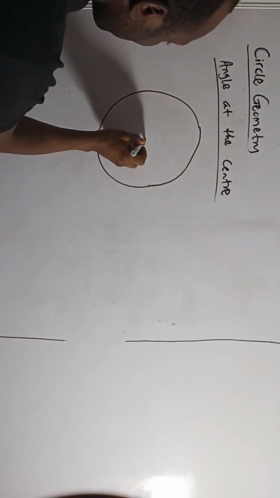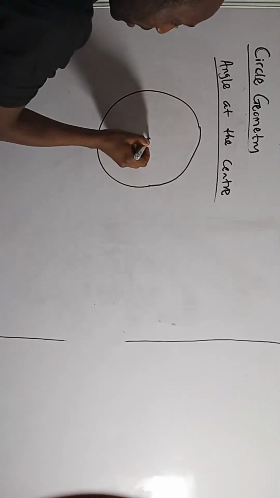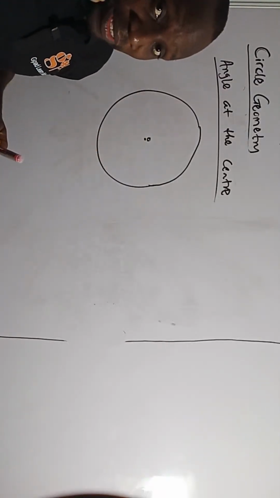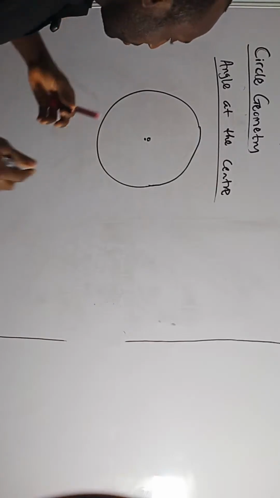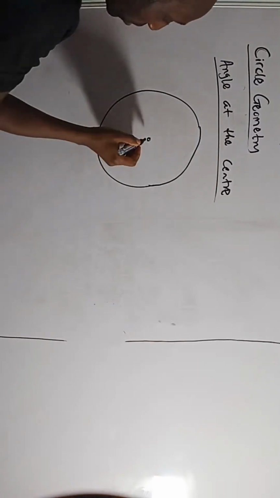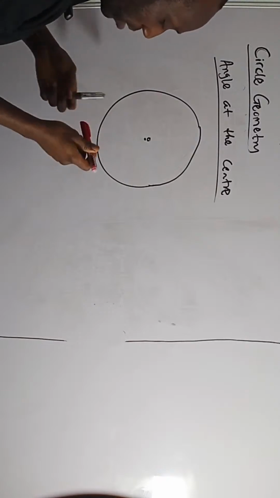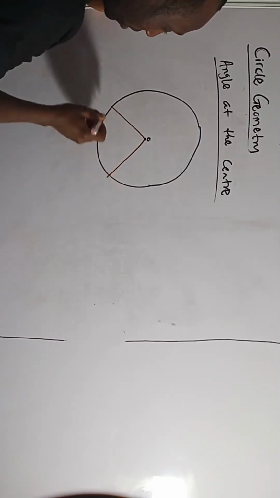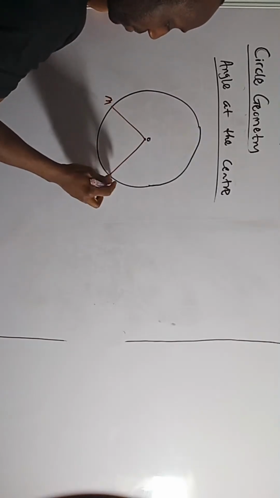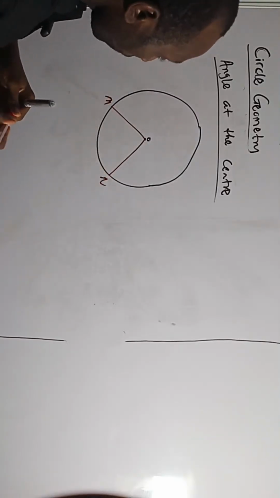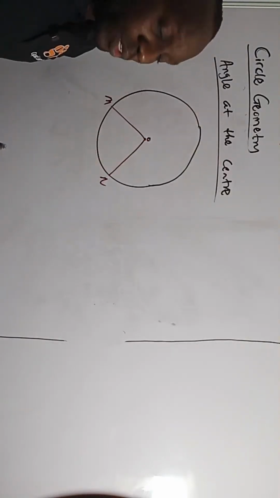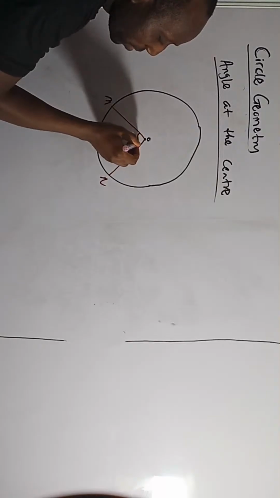So if I have the center from here now, center O, and from this center, I draw two radii. I told you what radii are, the plural of a radius. So if I draw two radii from here to here, and from here to here, let's call this M, let's call this N. So from angle at the center, if I put an angle at the center, this O is the center of the circle. If I put an angle here, let's say theta,